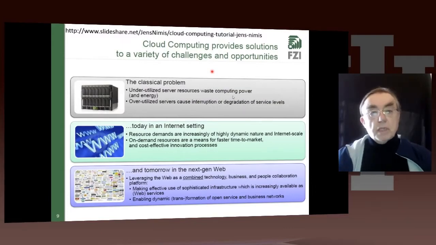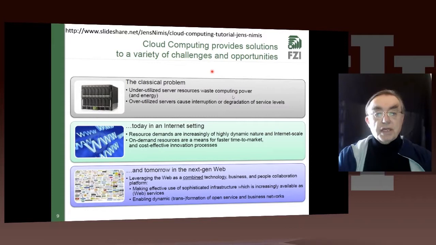Now we move on to another comment from Jens Nimes on actually why clouds were invented. Originally, it was to solve the underutilized server problem, because it wasted computer power to have lots of servers each running at 10 to 20% utilization. It was partly due to a trivial reason. When you mixed applications, they started interfering with each other, and virtualization helped you because it isolated those different applications. And the other issue was overutilized servers, which caused interruption, for which you need elasticity to add new